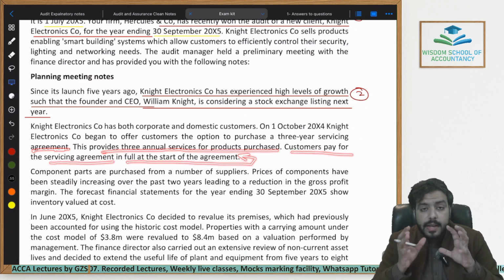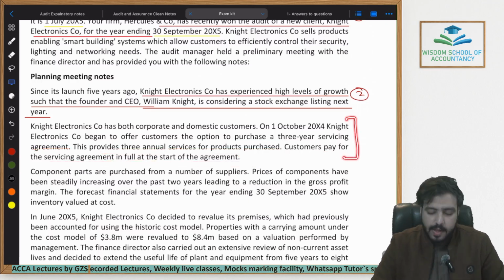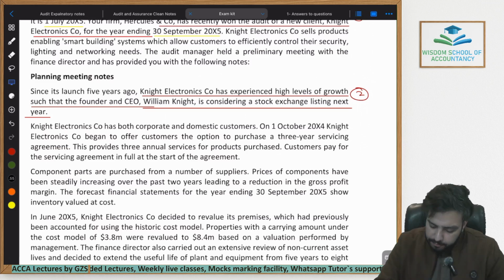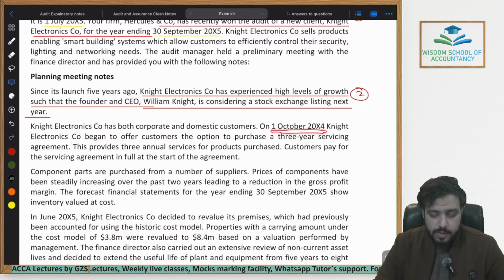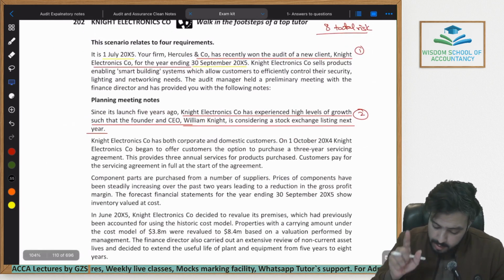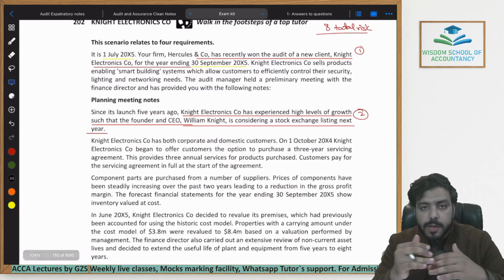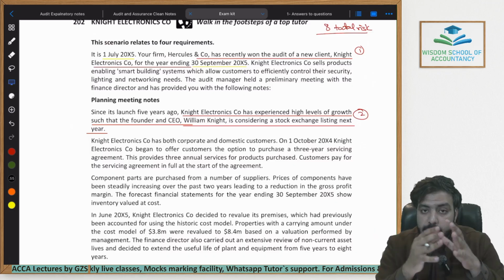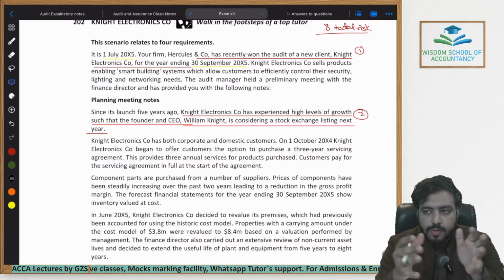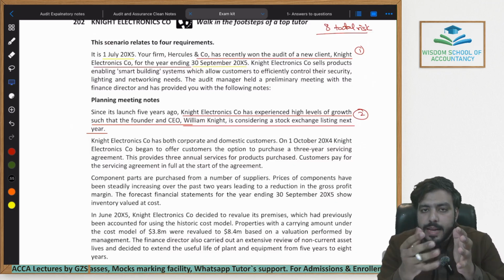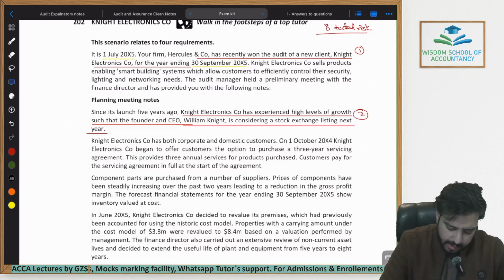Okay, so what is happening in this situation is that during the year, Knight Corporation, the company that we are auditing at the moment, introduced a new service for their customers. What they would do is that they would sell a 3-year servicing agreement. So I agreed with my customers